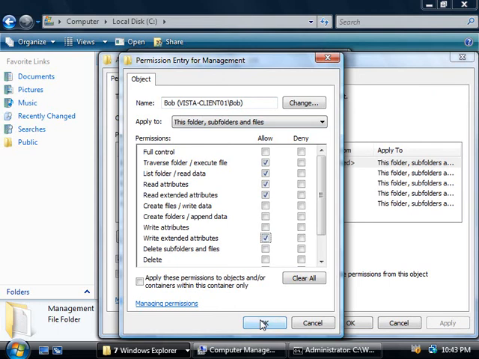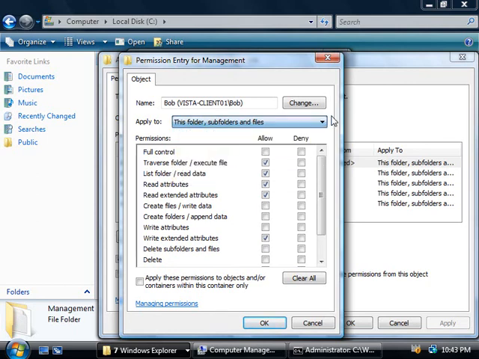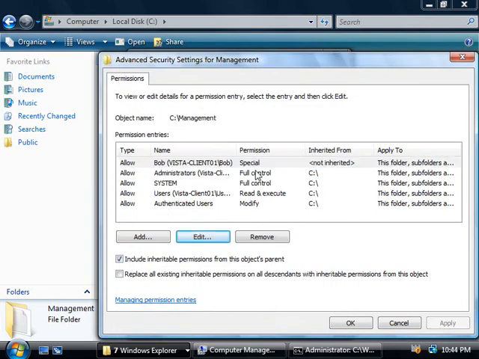Now before we go and click on OK though, at the top here in this drop-down box, you can see that these permissions are going to apply to this folder, any subfolders, and any files created beneath this folder. So if you want to change this option just for a single file, folder, or subfolders only, you can choose those options here. Anyway, we're done, so I'm going to click on OK, and notice here that Bob's permission has